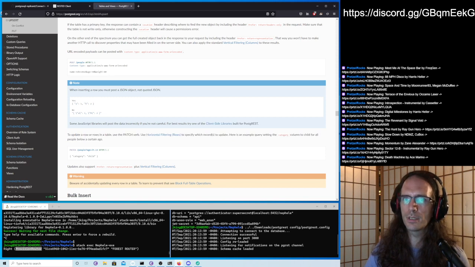All right, so patching, we just do that, where the age equals whatever, and then the body is the part of the resource we want to change.